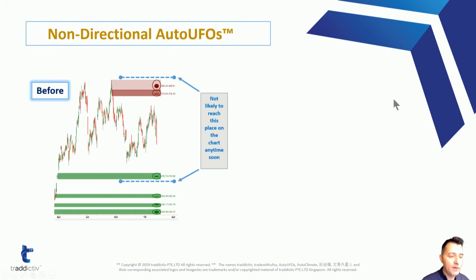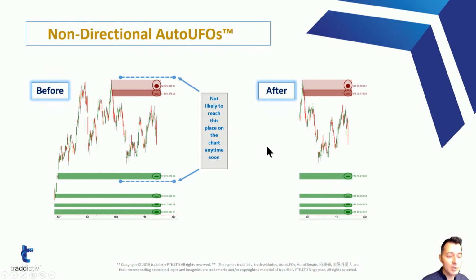And why is that? Well, first, because there is a lot of vertical distance from the current price to the upper blue line, or vertical distance from the current price to the bottom blue line. But on top of that, for price to get there, precisely because there is a lot of distance, a lot of time will need to pass. But on top of that, we have green UFOs, where if price goes down here, it is likely to bounce back up. If price goes up and reaches the red UFOs, then price is likely to bounce and fall again, and therefore remain in some sort of a range, which allows options traders to go ahead and sell options above and